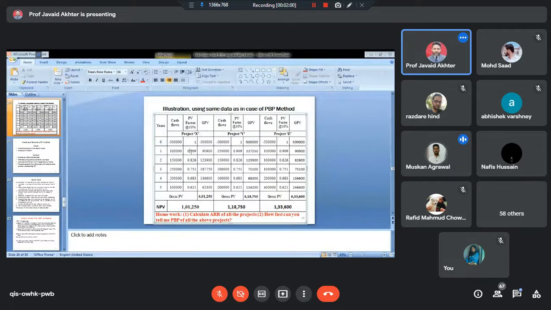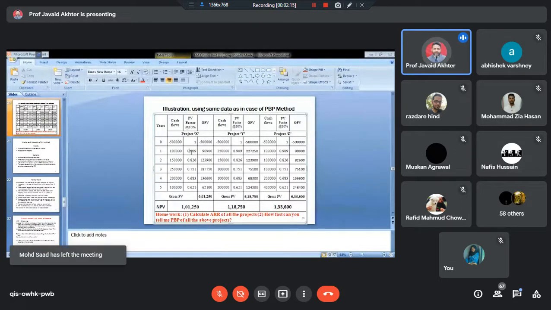So less than 0.9. You all agree it will be less than 0.9? Okay, you are correct, because as the percentage increases, the value decreases. Similarly, if time increases, the value decreases. So the chances are, if you discount them at 20%, this sum will be less. This total will also be less. If this total is less, and it is subtracted from 5 lakh, the possibility is that this figure may be negative.